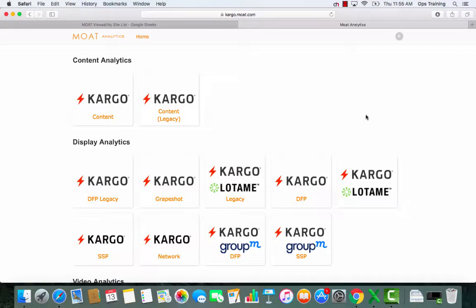Hey, welcome back. Today we're going to talk about viewability. Viewability is one of our KPIs. It allows us to count impressions that have been fully on screen and viewable by a human and not a